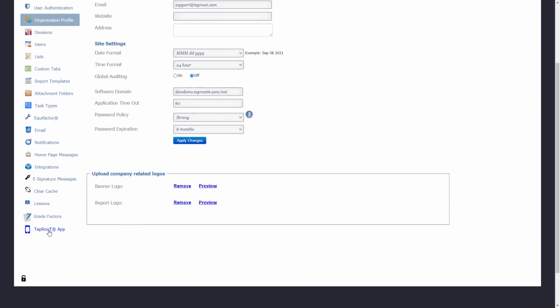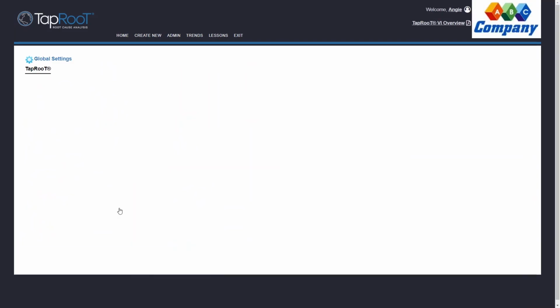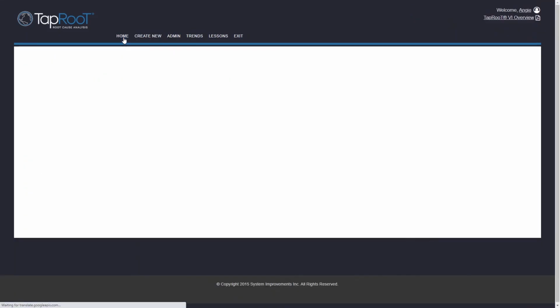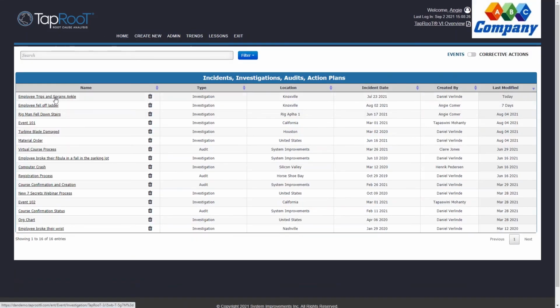And if you go to TapRooT app on the left-hand side here, you'll see the feature that's built in to work with the mobile app in the TapRooT software. We can find history and the status of events that are either checked in or checked out for use offline. So here I have information on what the event is, who checked it in, if it's been checked in or checked out, the last action there, and then the date. So the administrators have the ability to check things in if needed, and through an actual investigation, again, once you have the sync enabled between the mobile app and the software, you'll see the options in any given investigation